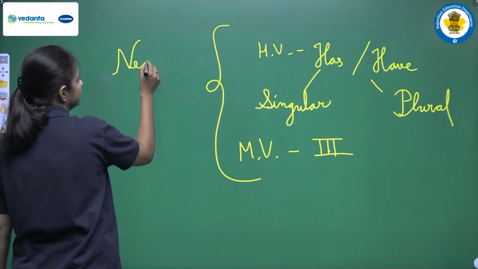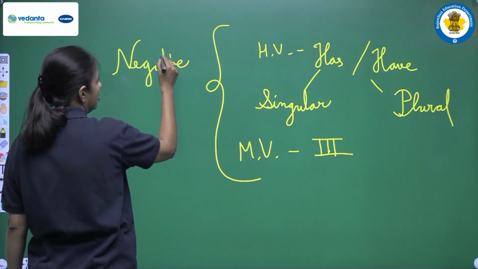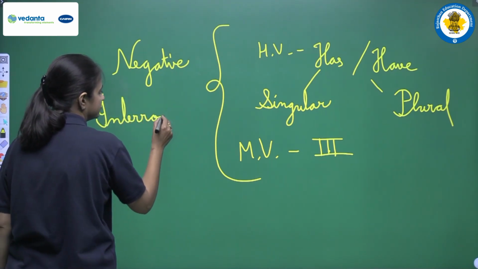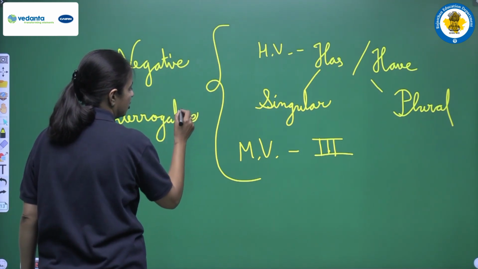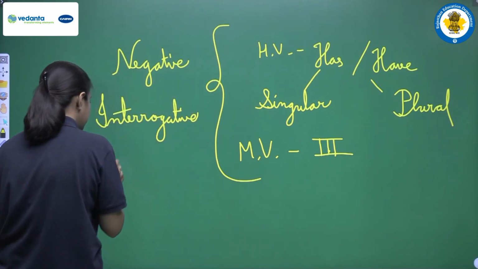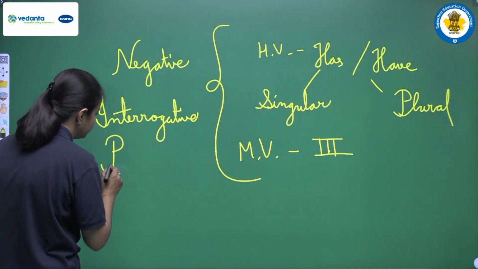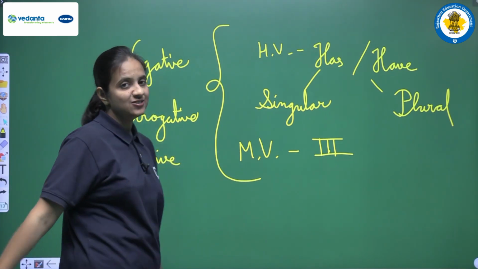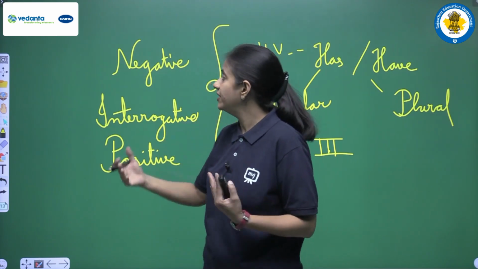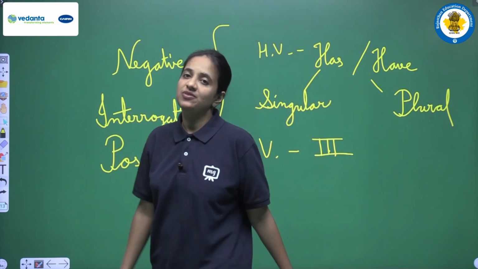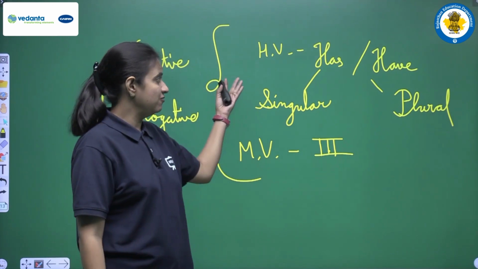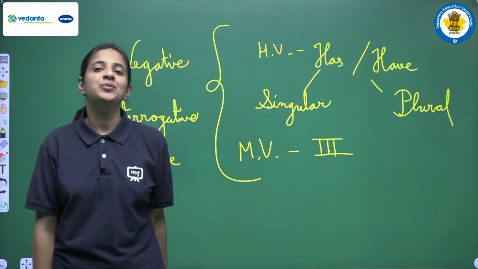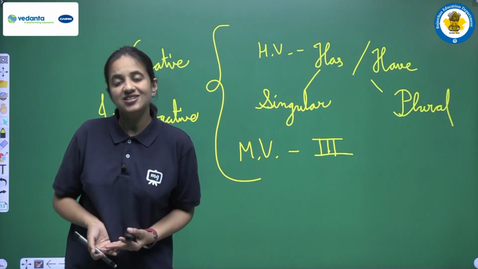So this is the rule, and yes, we are having the same rules whether our sentence is a negative one, or our sentence is an interrogative one, or our sentence is a positive one, or we can say affirmative, or we can say statement. Okay, so regardless of what kind of sentence we are having, negative, interrogative or positive, we have to follow the same rules always. Helping verb we are having two, has and have, and for the main verb we have to use the third form of the main verb. And yes, in this video we have seen the different uses of this tense.